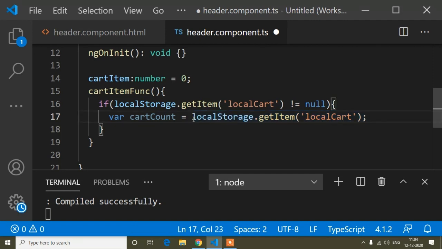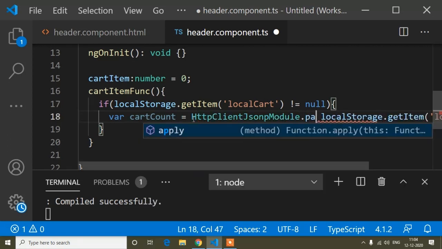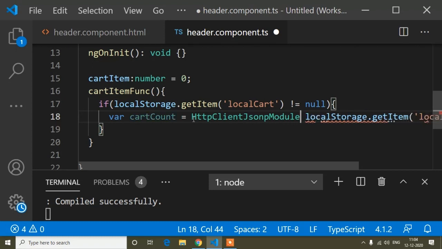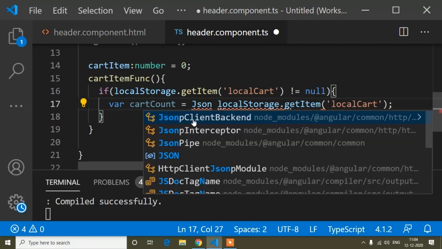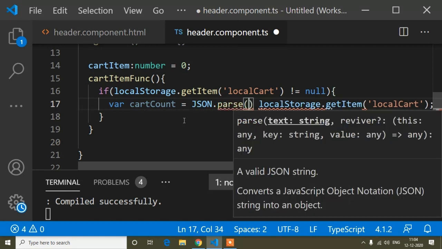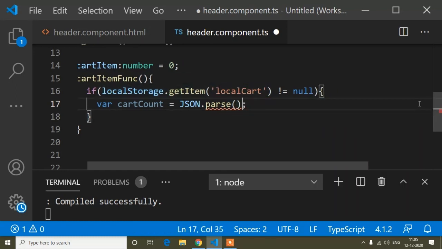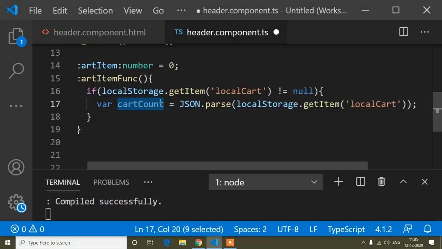So for that we write JSON dot parse, and inside this one I have to paste this. So you can see now I have stored all the value into this cart count variable.